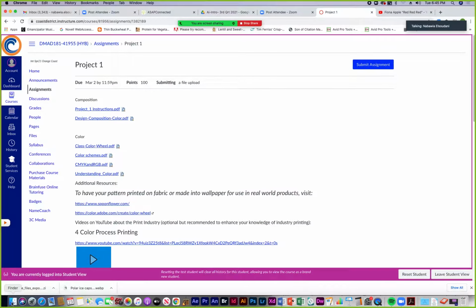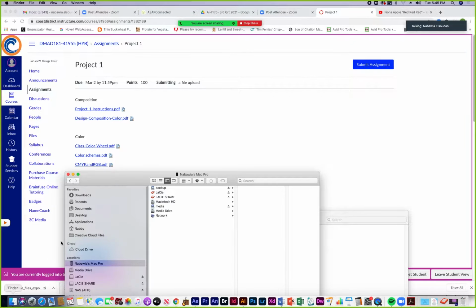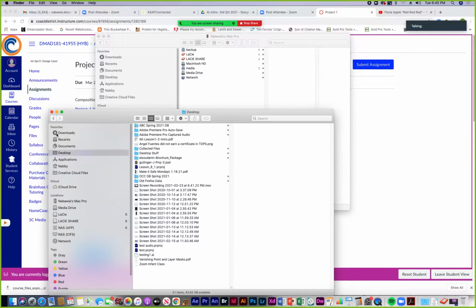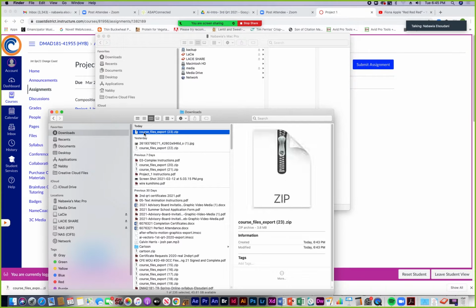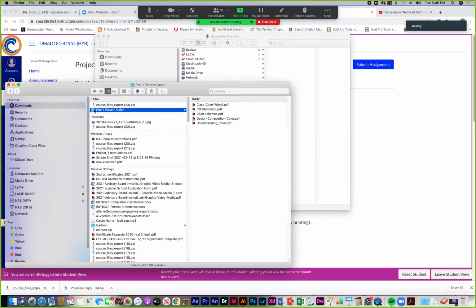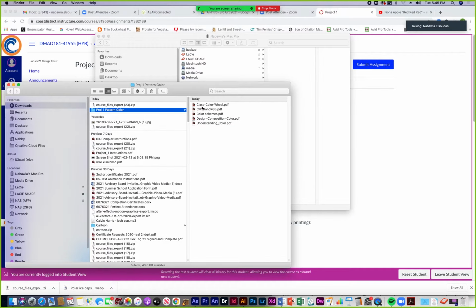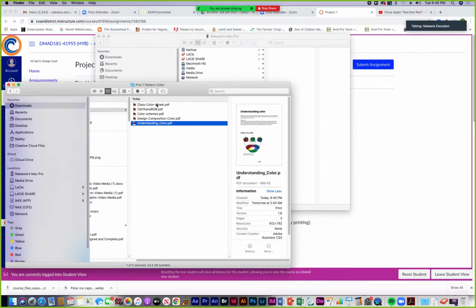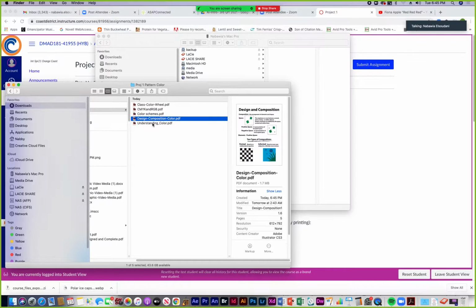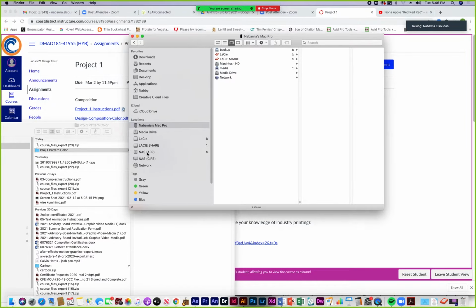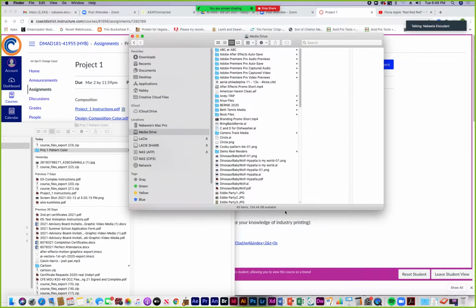I'm going to jump back to get my download that I just downloaded from Canvas. I'm going to go to downloads, and this is the folder I just downloaded, I believe. I'm going to just double click on it to extract. It's a folder called Proj 1 Pattern Color, and it has the same handouts that are available to click on within your assignment, just so you have the package. I like to just download the folder from Files. And then I just like to put everything together in my folder for the class.